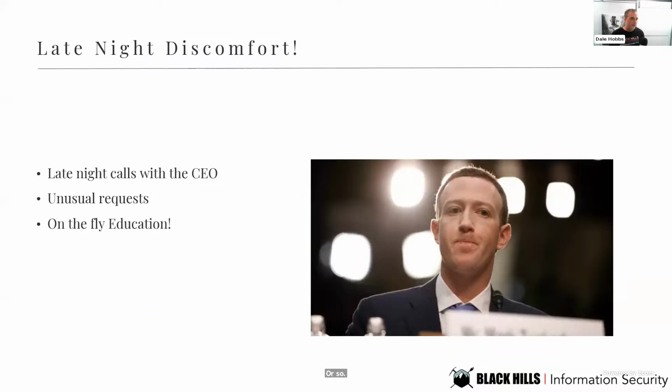So late at night on December 19th, just after 11 o'clock at night, Raymond got a call from the CEO and the president, who wanted to talk through the incident. He requested a couple of things. He wanted Raymond to look at the investigation, the suspected containment and time, and analyze the number of credit cards that had taken place during that time. Raymond explained that was already done, which was fine. He also asked Raymond why they couldn't just search through the firewall logs for all IP addresses and identify the bad IP address. So Raymond did have to explain a couple of things.